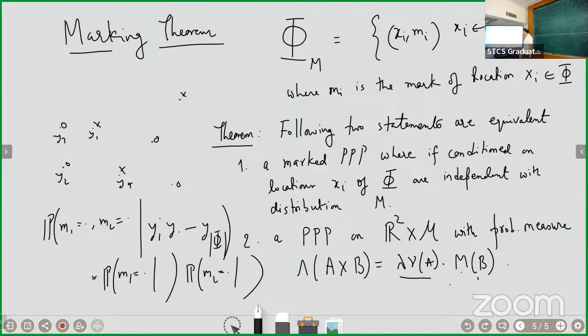Can you please just describe that thing for M? M is nothing but distance. You can call it the mass. So it's the probability mass of the set, of a particular mark. Not a particular mark, so this could be a set B, right? Suppose it takes only two values. If B is both values, then it is one. If it takes only, let's say, +1 with probability p and -1 with probability 1 minus p, then if you put a +1 here, you get p. You should think of this as